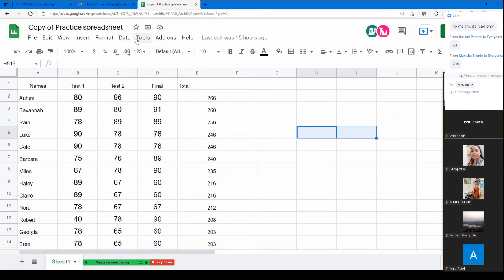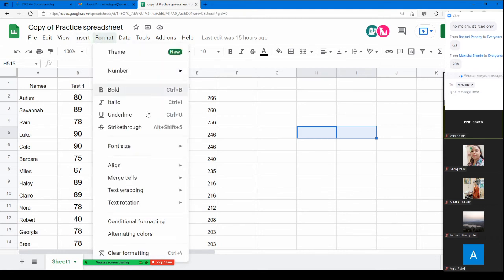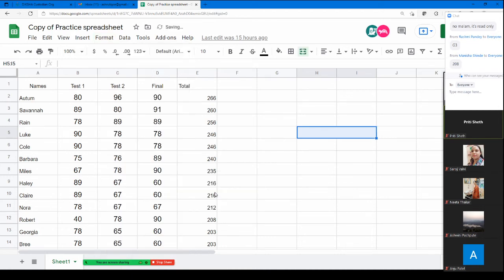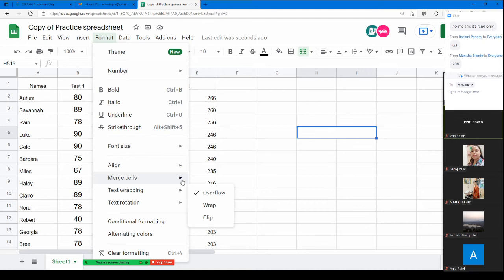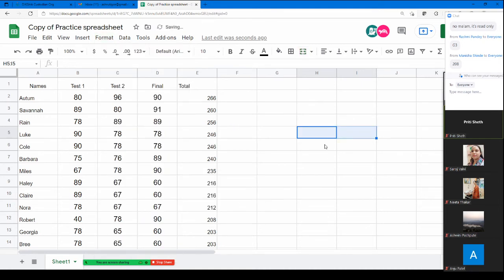So what you can do is, you can go to format, merge cells, and you have already marked them, so you can just merge horizontally. So you've got a single cell. You must have seen that many times you can write down the names in a single long box. That is because you have merged the cells. If you don't want this, then you can unmerge it again. Once you unmerge it, this is how it goes.